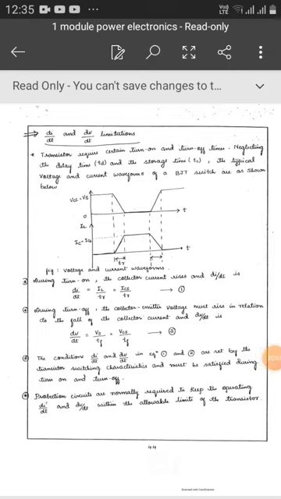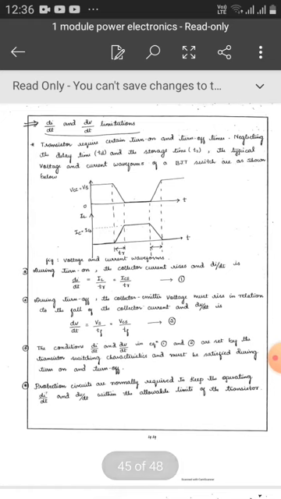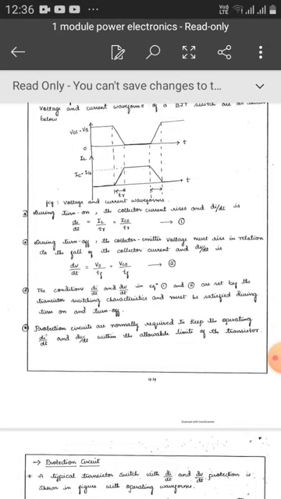Observe that Vc is equal to Vs and Ic is equal to 0 when the BJT is off. When base drive is applied, then Vc starts falling, as you can see in the figure, and Ic starts increasing. The rate of change of collector current during turn on is called dI/dt. The fast rate of rise of collector current causes local heating of the BJT and it can be damaged. Hence, the dI/dt rating of the transistor should not be exceeded.